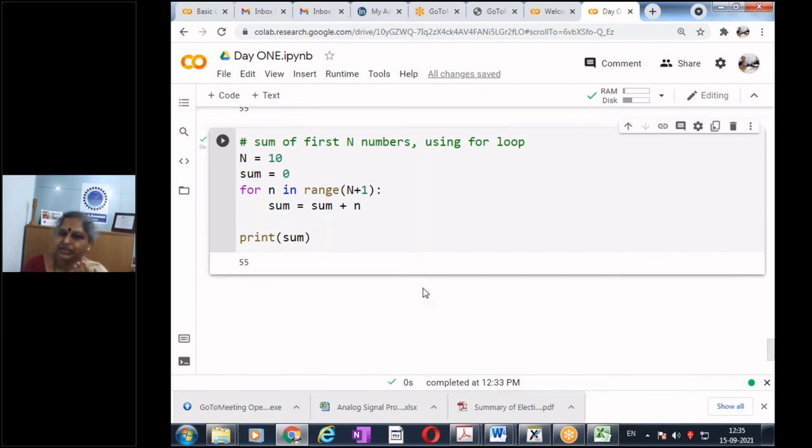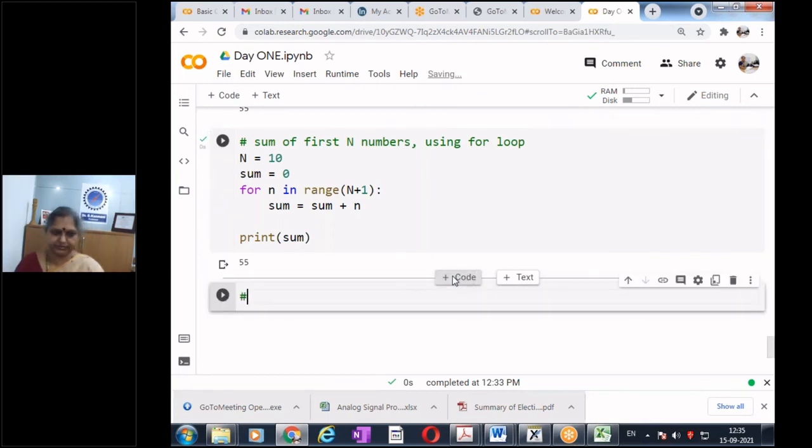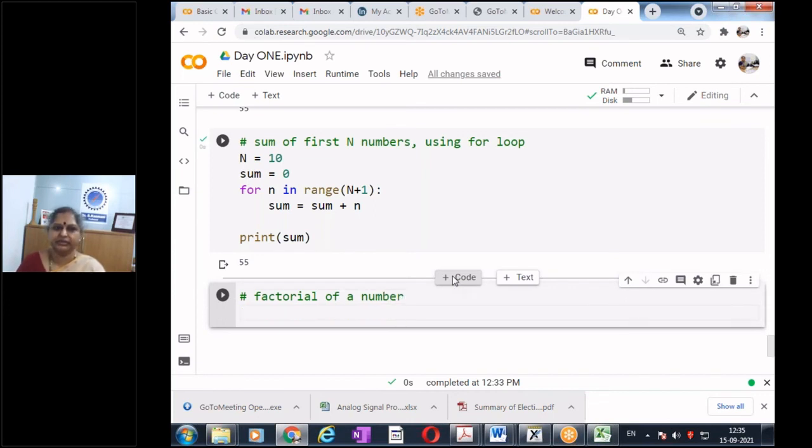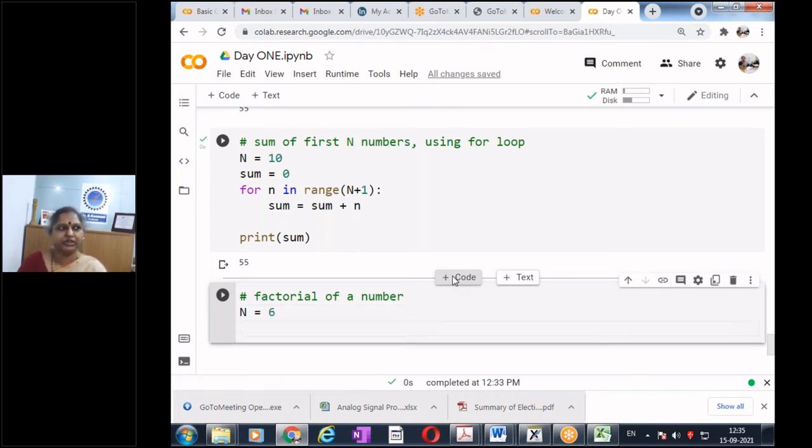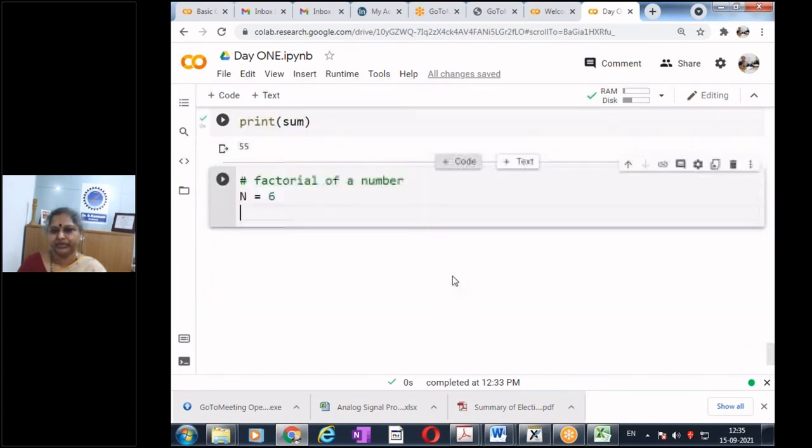So now let's take another example, and that will be the factorial of a number. Let us say n equal to 6. Without doing it, can someone tell me what is factorial 6?